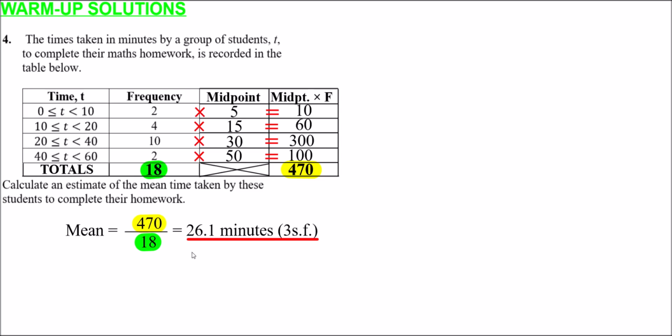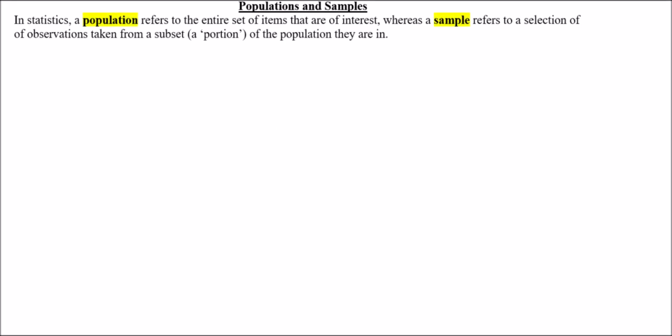So that's warm-up completed. Let's now talk about the main bit of today's lesson. So, populations and samples. In statistics, a population refers to the entire set of items that are of interest, whereas a sample refers to a selection of observations taken from a subset, which just means a portion, of the population